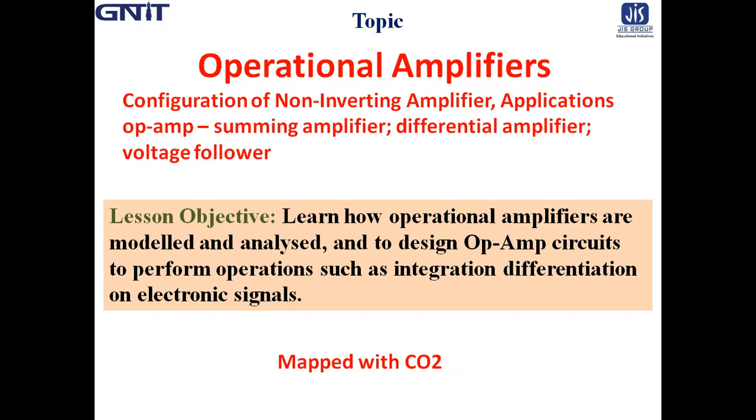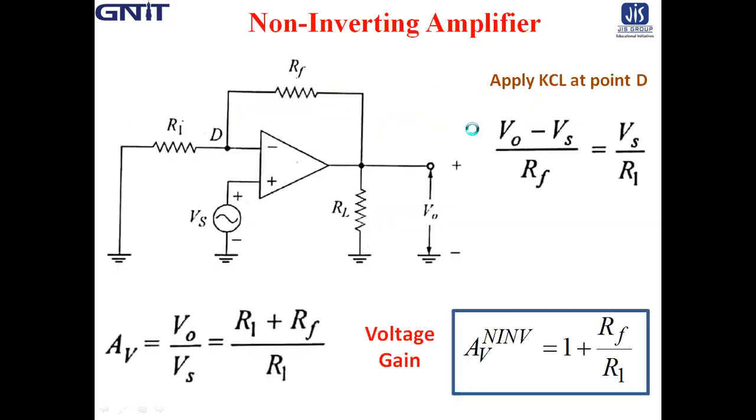So let us start lecture number 7 from the fifth module, feedback and operational amplifier, with the topic of non-inverting amplifier. We know that for the non-inverting amplifier, we should apply the voltage source at the non-inverting input terminal. In the last class, we evaluated the gain of the inverting amplifier, which is minus RF by R1. Now, concentrate on the non-inverting amplifier.